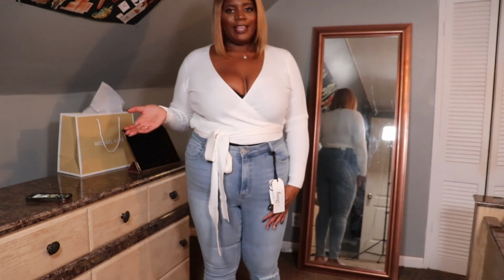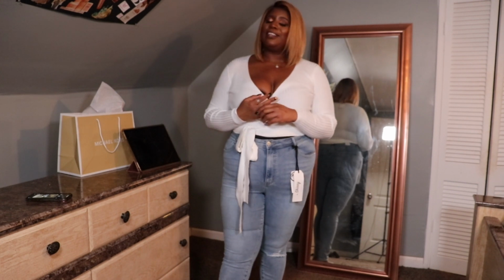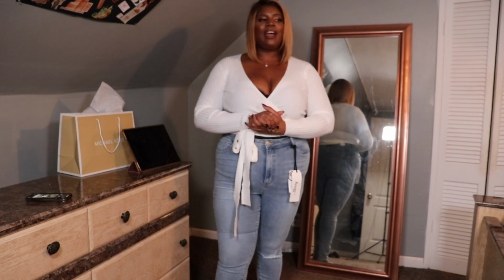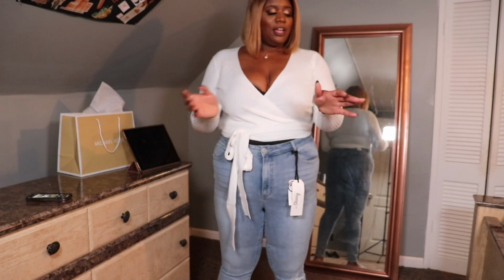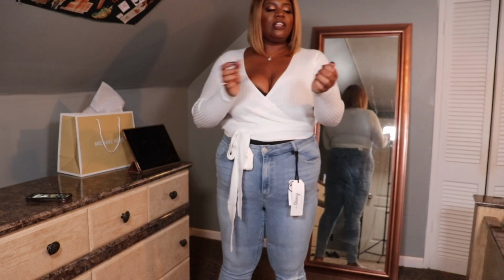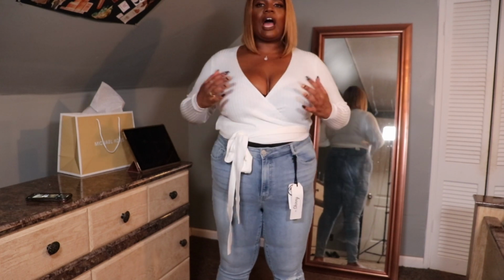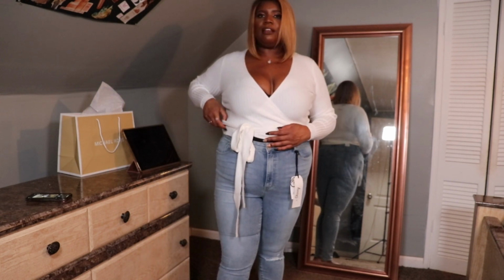Okay, y'all. Fashion to Figure, I will literally say this has to be my favorite collection from you all. When you guys said comfort and relax, y'all really meant it. This shirt is so soft, it's so stretchy, it's so comfortable. I got this shirt in a size 1. Just to let y'all know, it is a crop top, but it's just so, and it feels